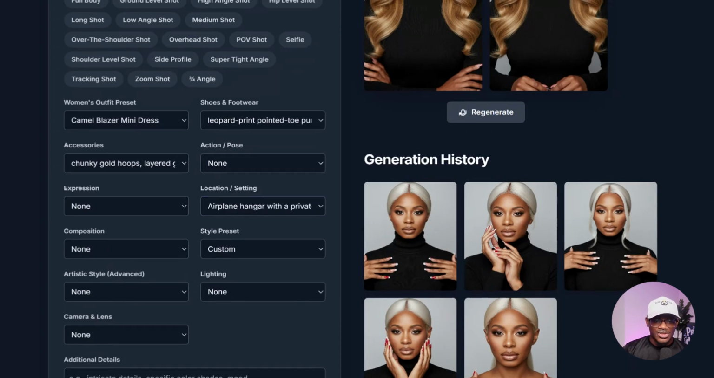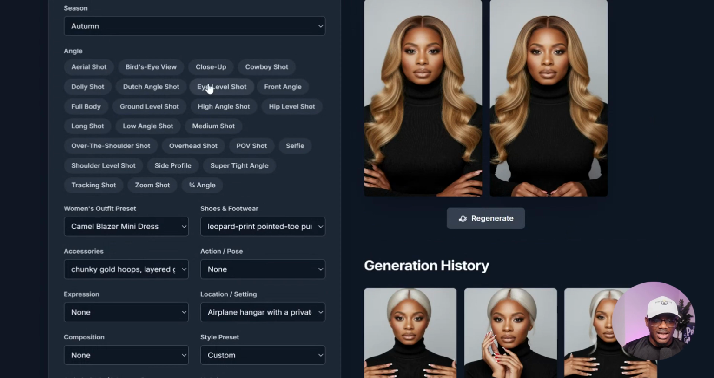So now we can choose our angles. Come back up here, choose your angles. Let's do a nice close-up. Let's do a dot shot. Okay, I want to do an aerial shot. You know, every one of these you choose is going to give you an image. All right, so let's do